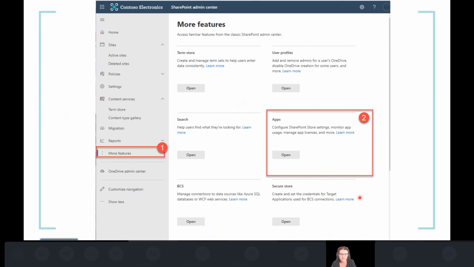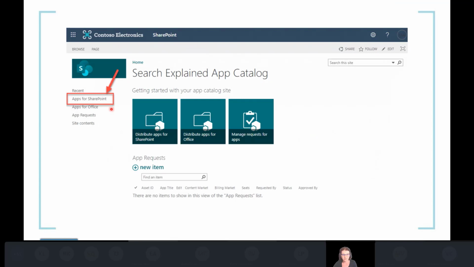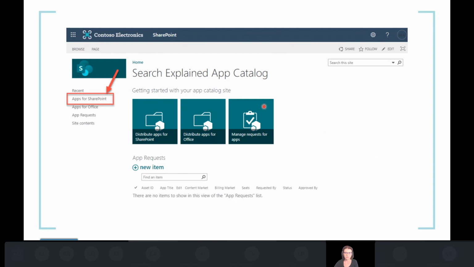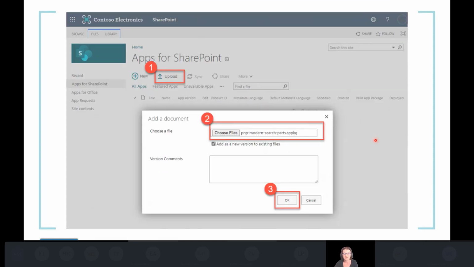Okay, so the first step is you have to deploy the PnP Modern Search Library to your SharePoint app catalog. You have to go to the app catalog on the SharePoint Administration Center, and then you have to go to Apps for SharePoint. And once you are in Apps for SharePoint, you can upload a new application. In the previous slide, you will find where you can download the PnP Modern Search package. So you download this package, you go to the app catalog, you upload this package to the app catalog here,